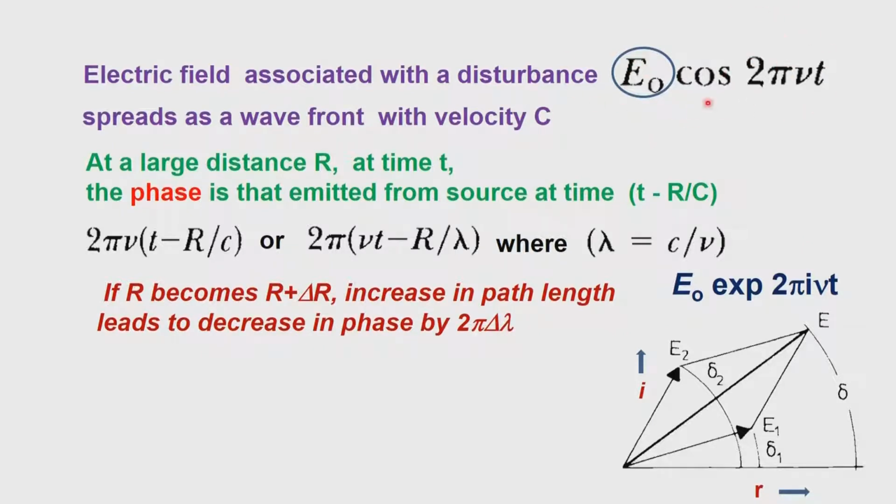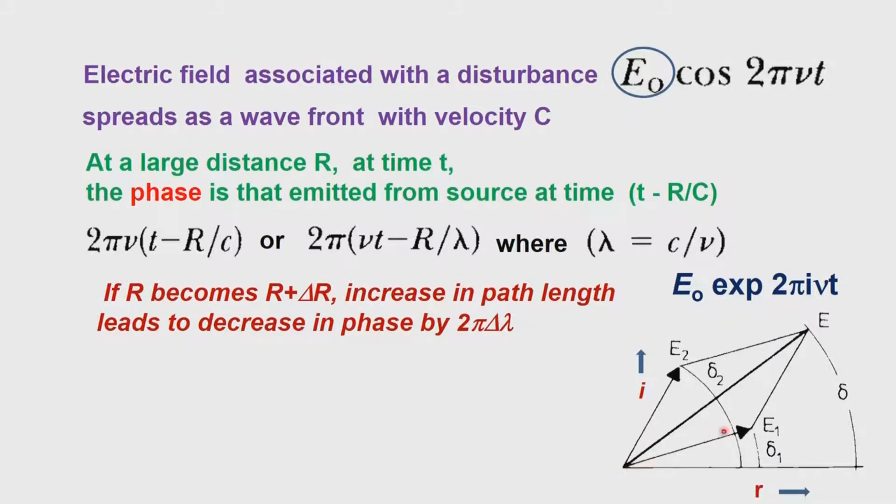Since we already said that these are electromagnetic waves, electromagnetic waves are indeed expressed as complex numbers. So, instead of E naught cosine 2 pi nu t, we have E naught exponential 2 pi i nu t. This is the representation in the Argand diagram below. We have the imaginary axis and the real axis, and suppose we take two such waves coming out from this experiment. We have discussed only one here. Suppose there are two such amplitudes which come out from a single point taken as the origin.